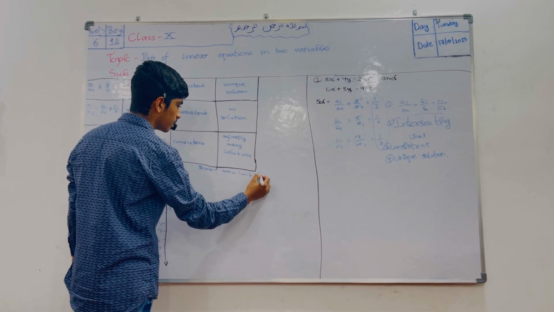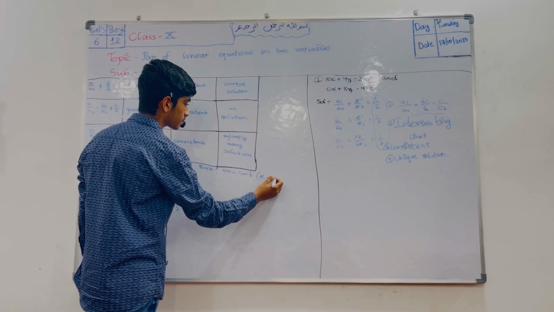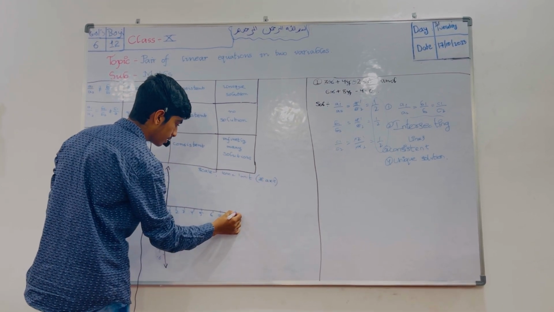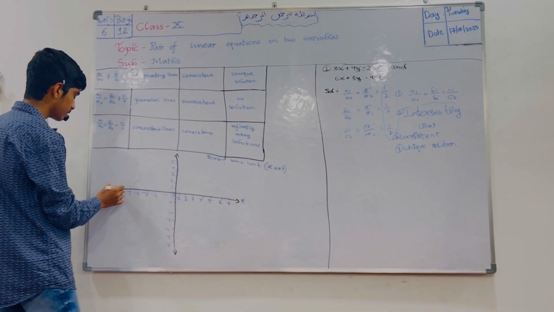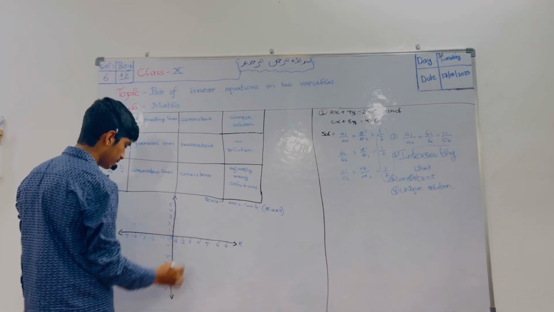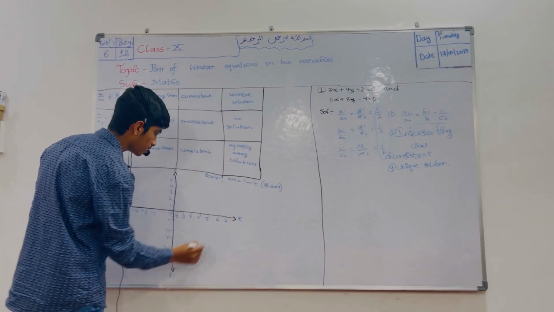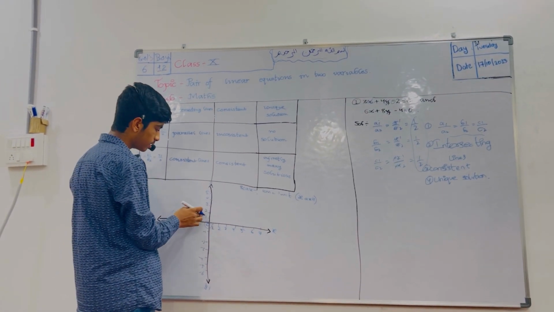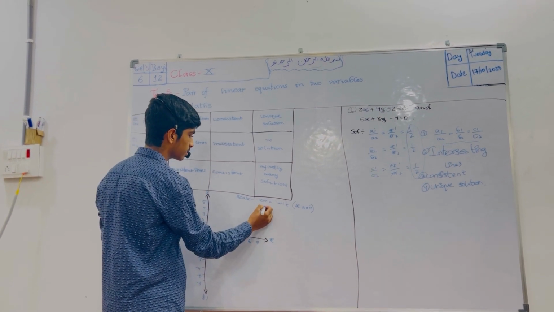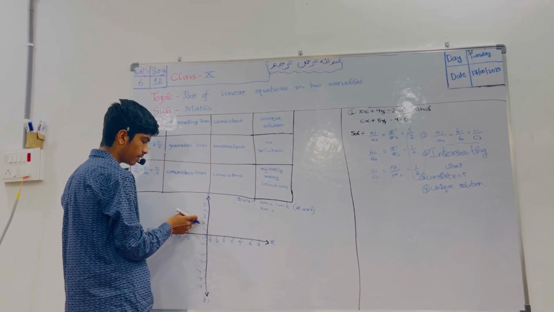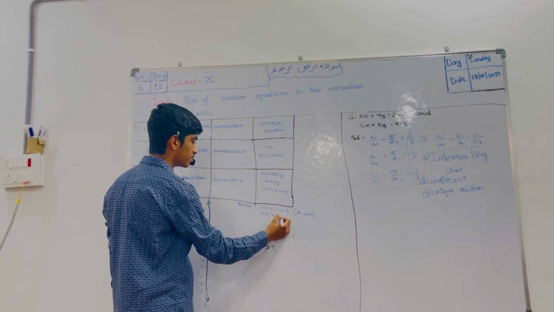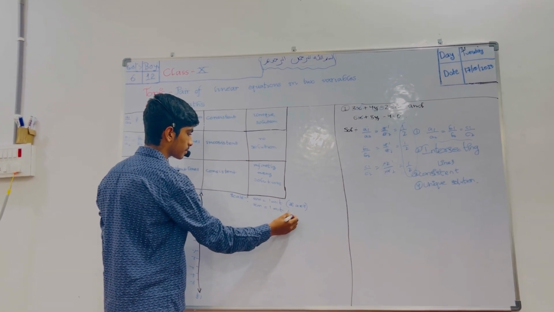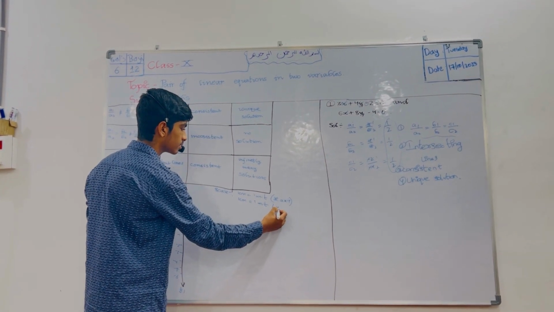This is for x-axis. This is x-axis, this is x dash. This is y-axis and this is y dash. The second one is y-axis. In y-axis also the centimeters are 1 centimeter. And the units we have also taken 1, 2, 3, 4. The difference is also 1 unit. This is y-axis.